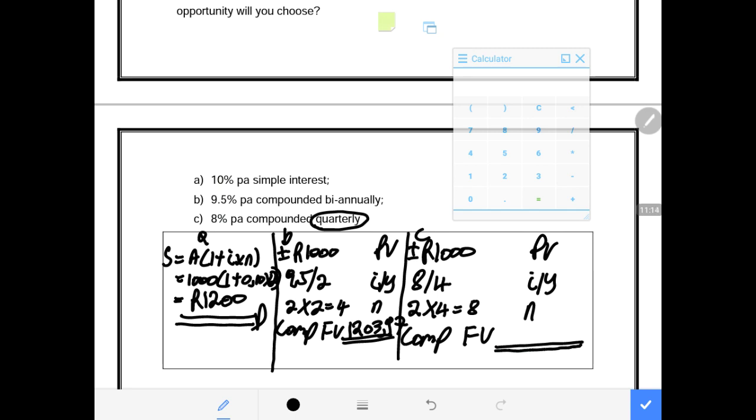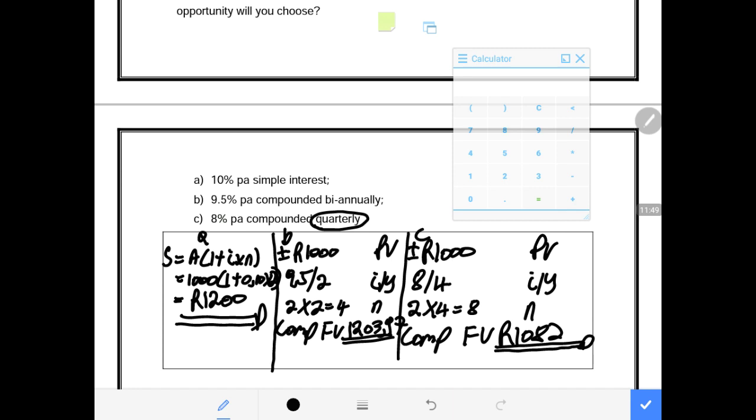We need to know how much will be the value of this investment at the end of 2 years if it is earning interest at 8% per annum compounded quarterly, meaning 4 times a year. So now we have to say plus minus 1000 is our present value, 8 over 4 is our interest, meaning 8 over 4 you press I, then we say 2 times 2 we press N, then we say compute future value, and our future value it is